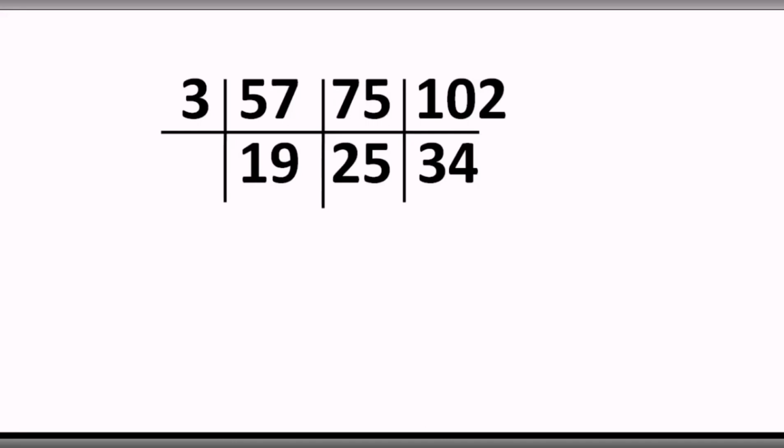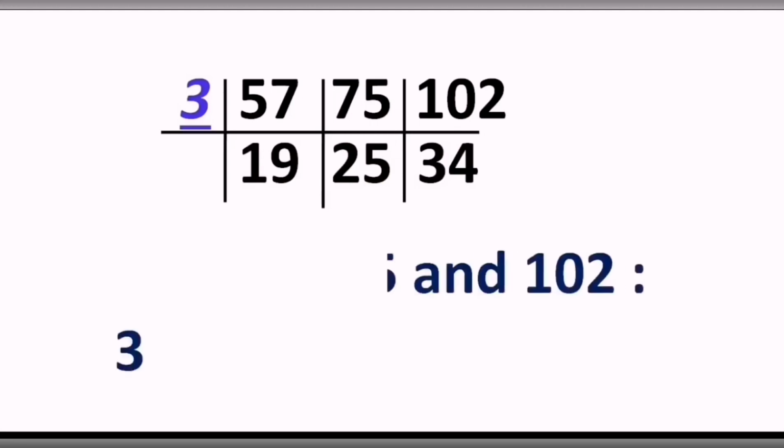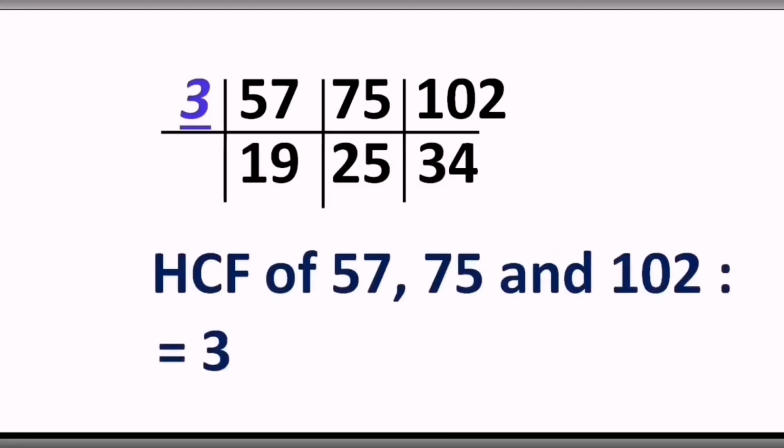And here we are with the bottom layer along with the prime number in it, that is 19, and so we can say we have to stop there, because these all three numbers 19, 25 and 34 are not present in one and the same table, and that too should be the prime, right? So we are left with 3 in the LHS, and that is going to make our HCF. Correct? And easy peasy one only.